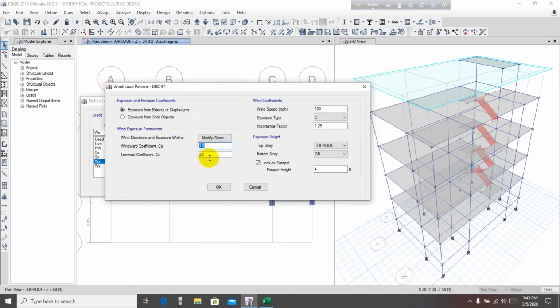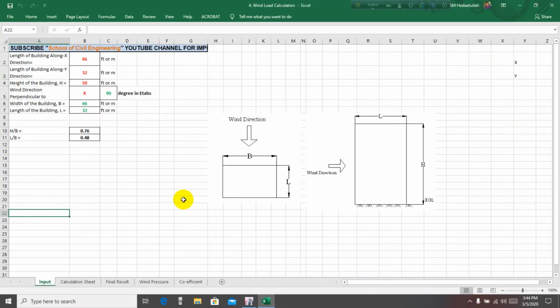What is that? You will also find it from your code. What is CQ for windward coefficient, leeward coefficient? And I will just calculate it from an Excel sheet. So here we have to provide the length of the building along X direction, length of the building along Y direction, height of the building, and here wind direction